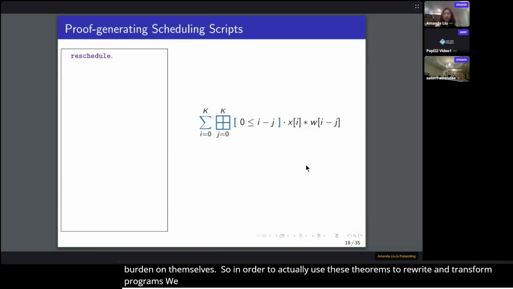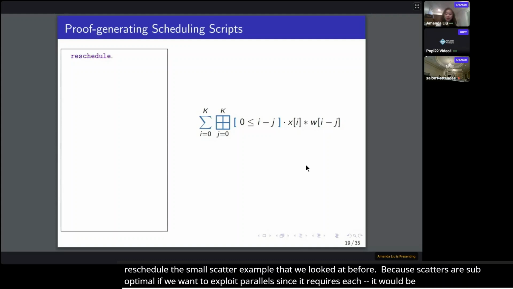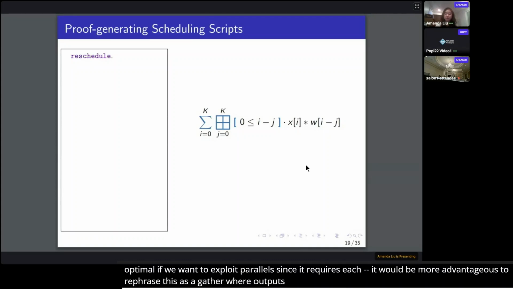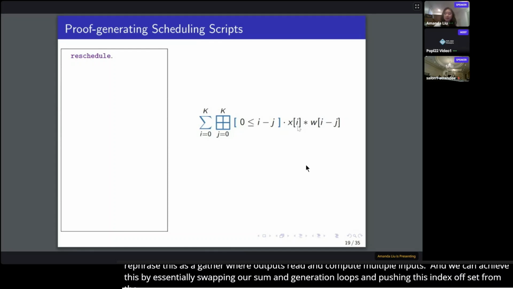To demonstrate this, let's reschedule the small scatter example we looked at before, because scatters are often suboptimal, especially if we eventually want to exploit parallelism, since it requires each input to write to multiple elements of the output. It would be more advantageous to rephrase this as a gather, where outputs read and compute multiple inputs. And we can achieve this by essentially swapping our sum and generation loops and pushing this index offset from the axis into W onto the axis into X.